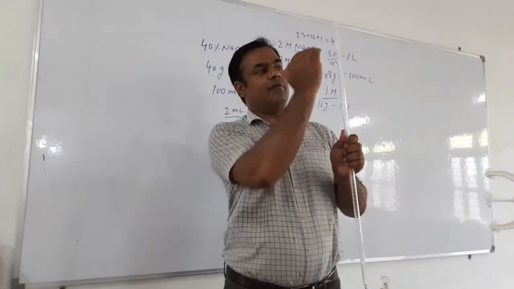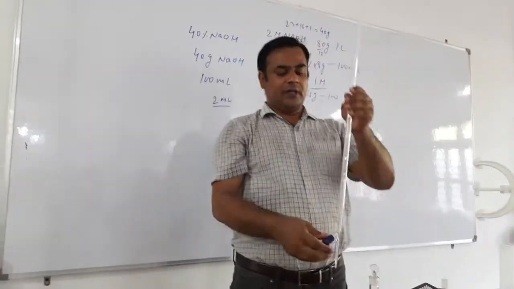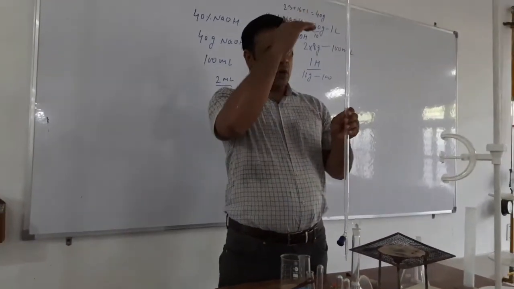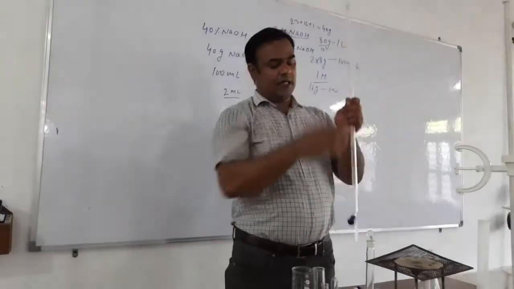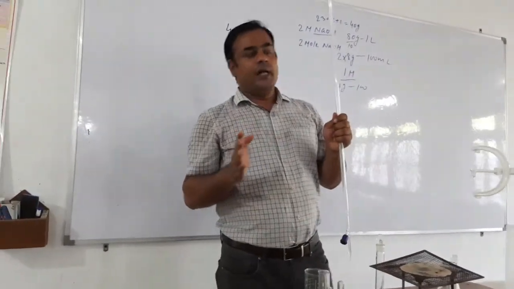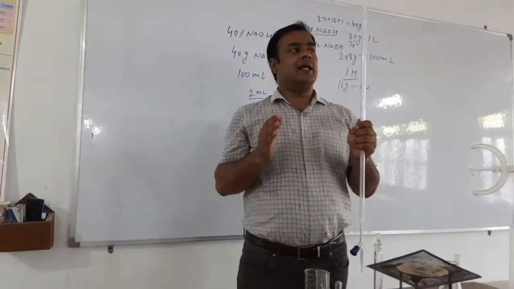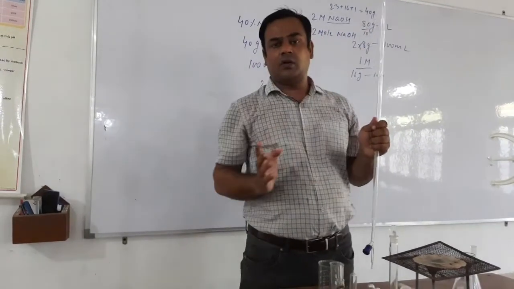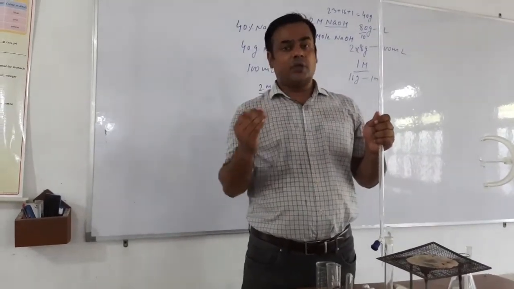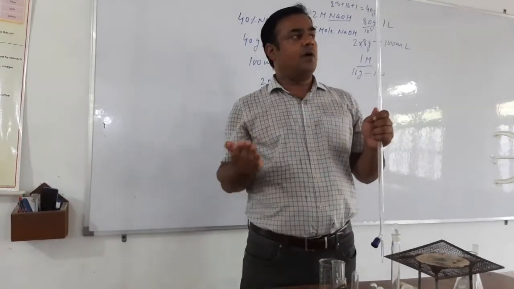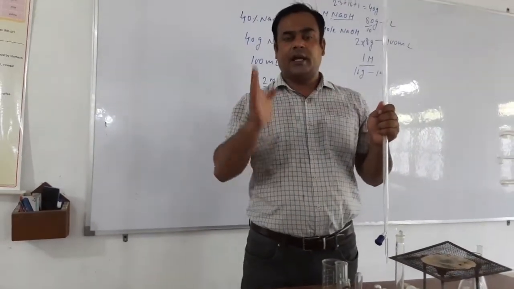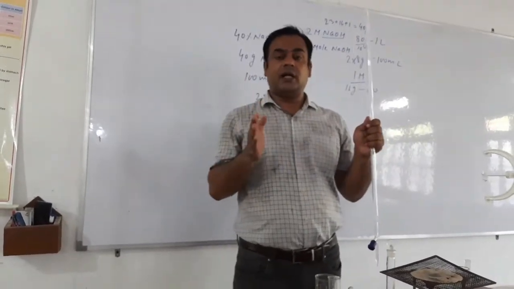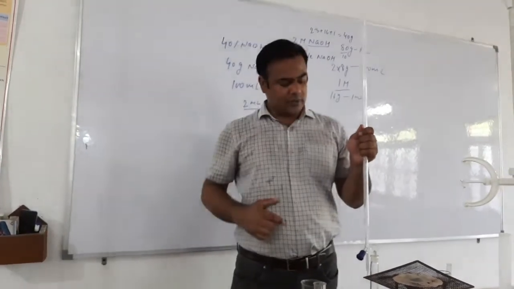Where 0 is written, above that we will fill the solution, and then with the help of the knob, we will open it slowly so that the solution comes down. When it comes to the 0 level, then we'll close the knob. Again you have to remember, if there is a colorless solution, we'll check whether the lower part of the meniscus is touching this circle or not, and if it is a colored solution, we'll check whether the upper part of the meniscus is touching this circle or not.